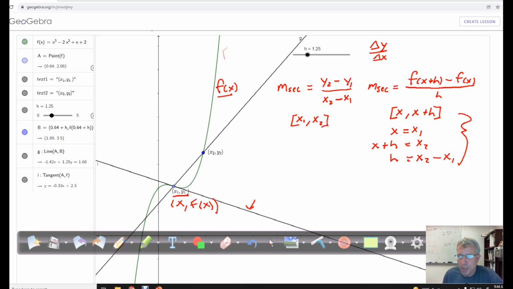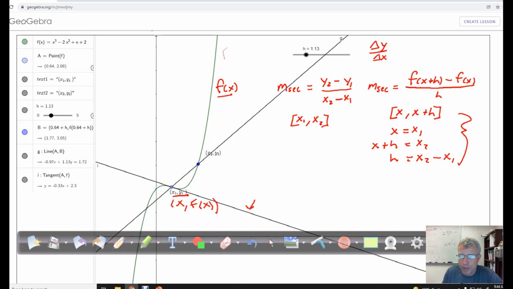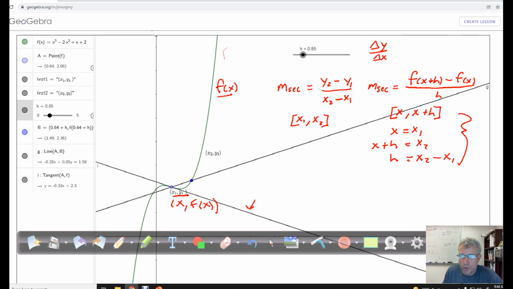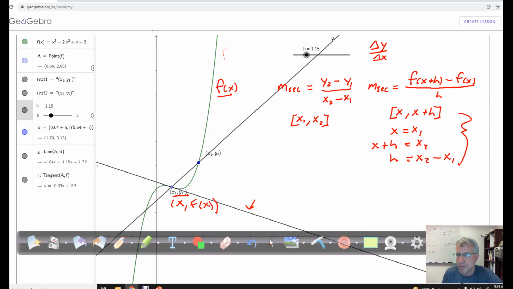So what we want to do is let x sub 2 get closer and closer to x sub 1. So if you let x sub 2, the x coordinate on this point right here, if you let x sub 2 get closer and closer and closer to x sub 1, you can see that the slope of the secant line becomes the slope of the tangent line. So what we want to do to find the slope of a secant line is we want to find the limit